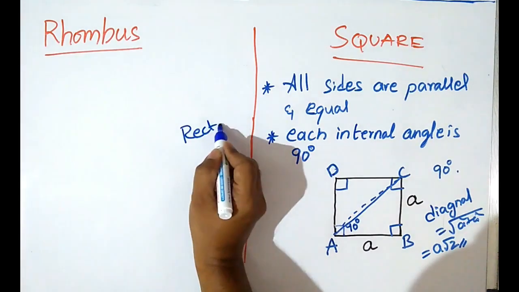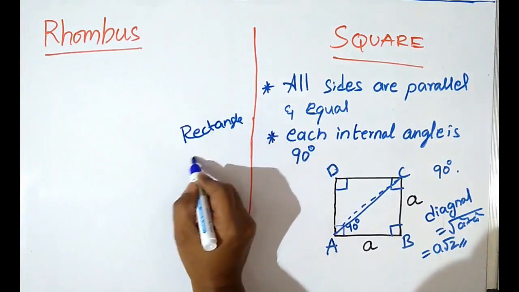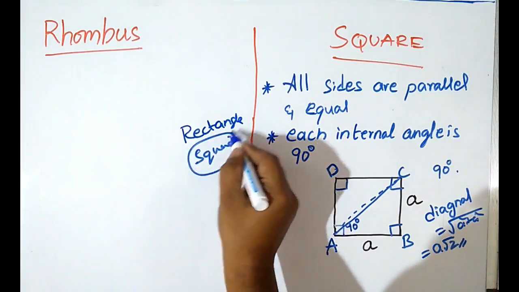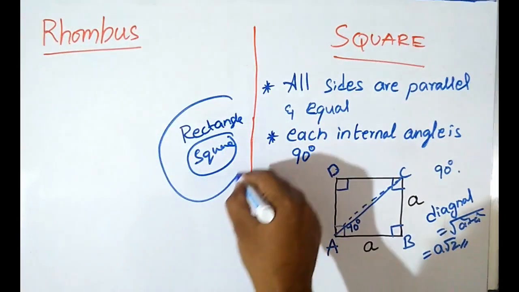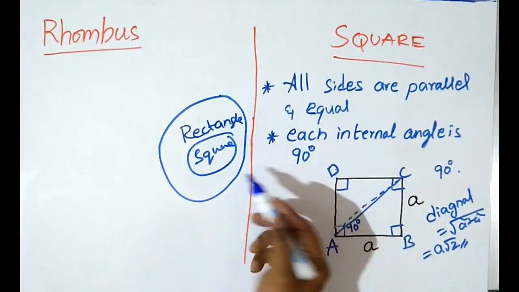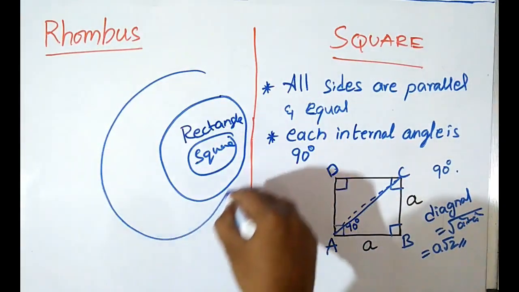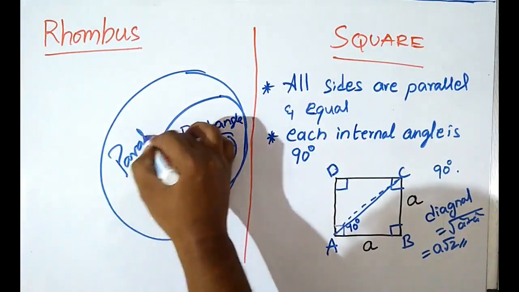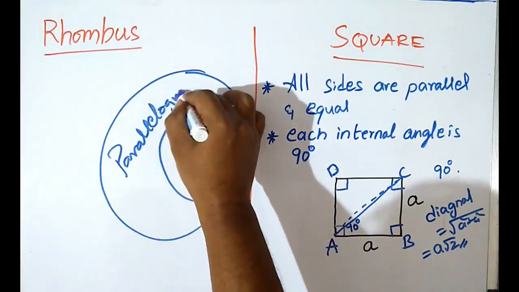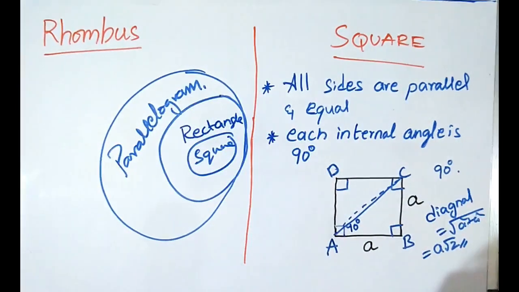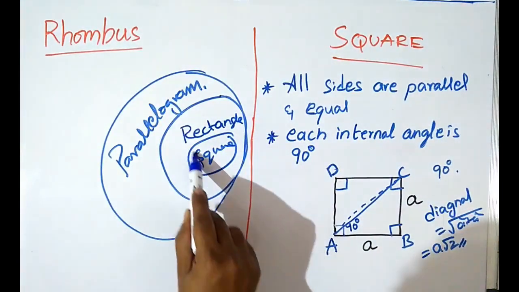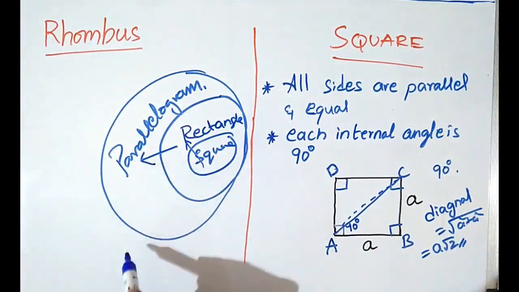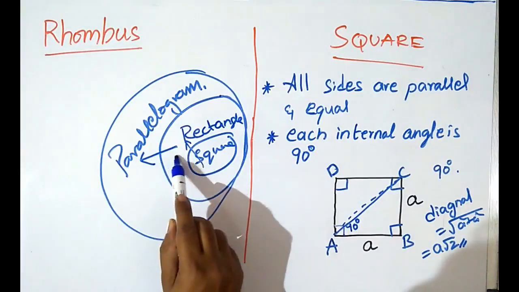Friends, unlike rectangle and square, square falls within the rectangle and this rectangle also falls inside the parallelogram. See friends, square is also a rectangle and rectangle is also a parallelogram because rectangle and square